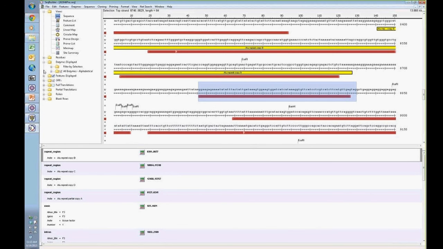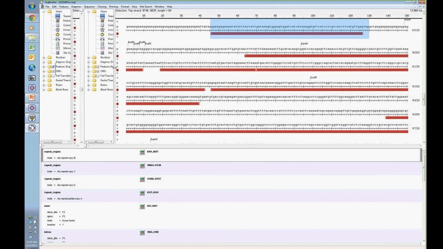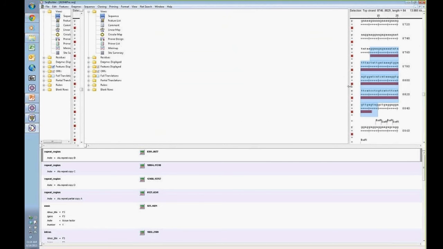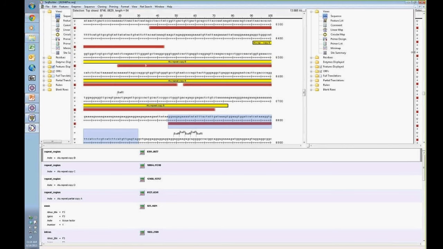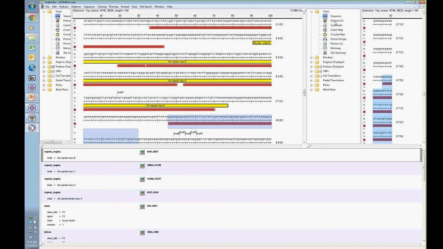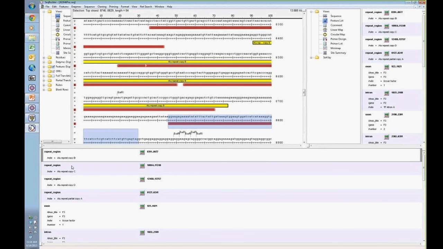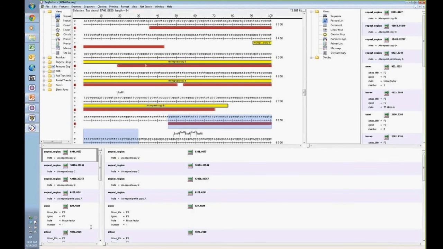What I like to do is manipulate this view a little bit so I can see the sequence view as well as the linear map view. To do that, there's a little tab here. If I hover over this little tab, I can essentially drag this to the right. And then I want my features to be up here in the top right-hand corner. I can click on that feature list view. And then down here, I don't want my features list to be just displayed. I actually want